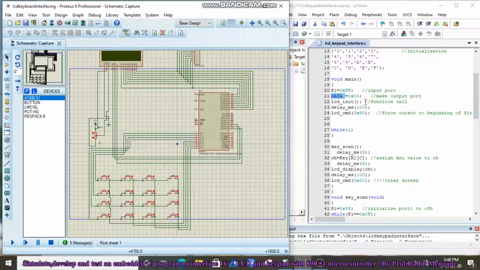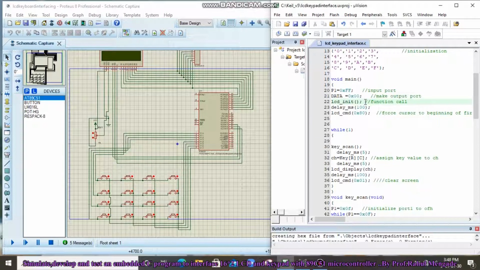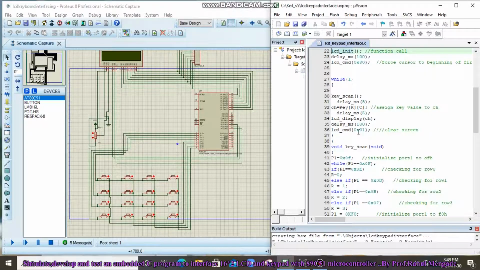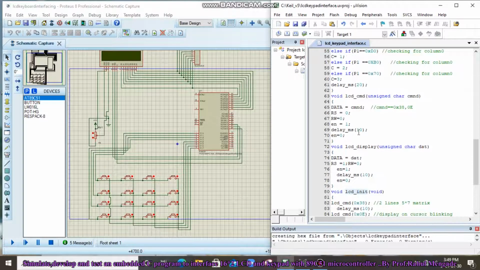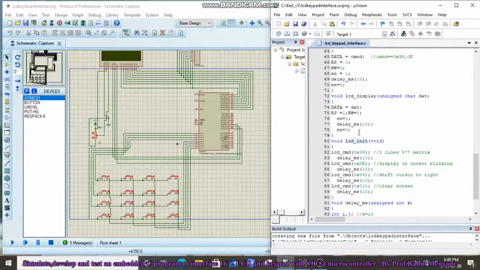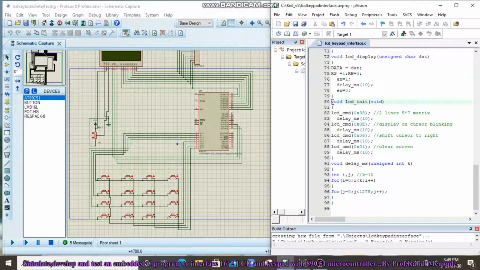Then function call: the LCD underscore init function is called, so the program will go to that particular function, LCD initialization. The program will come here, then it will first execute LCD underscore command in bracket 0x38.